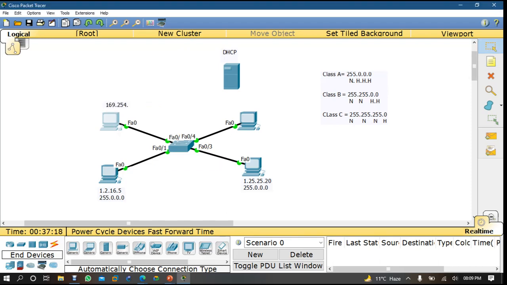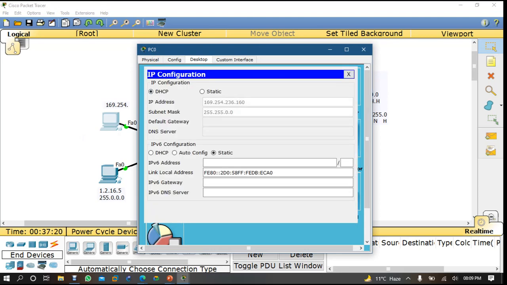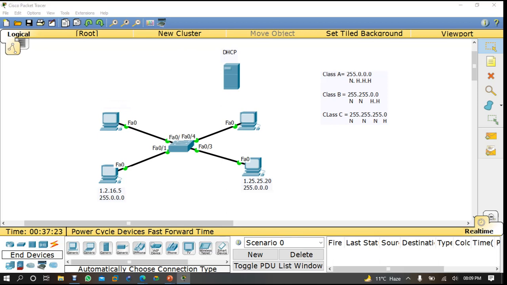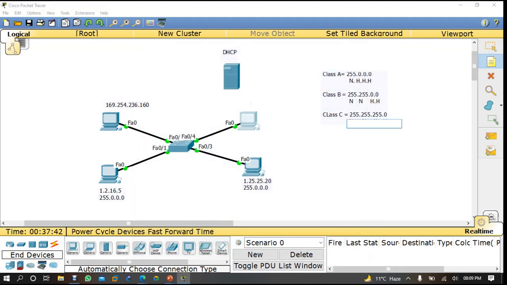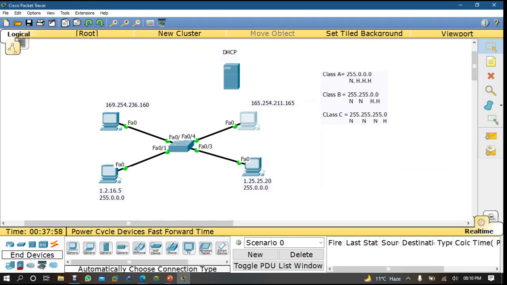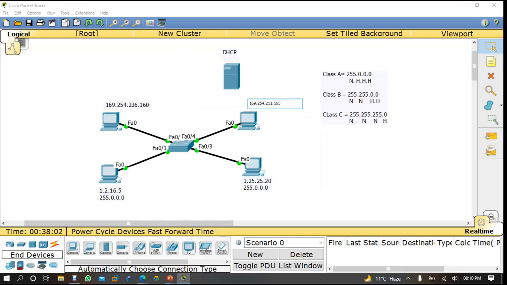Now come here to this computer. 169.254.211.165.